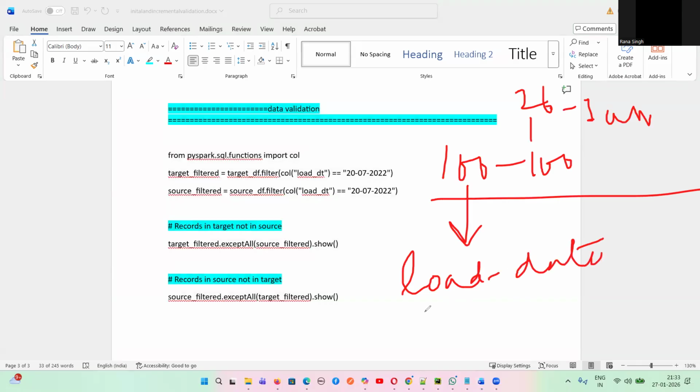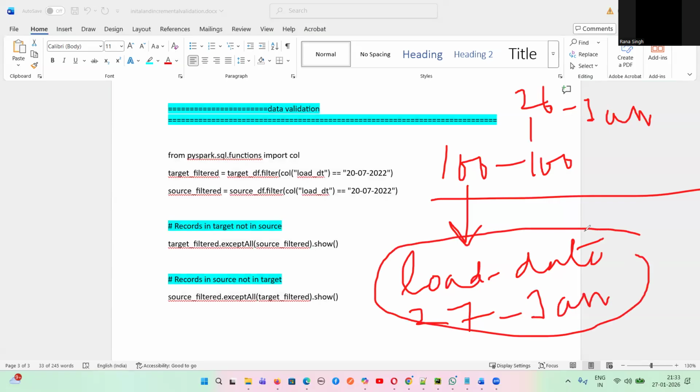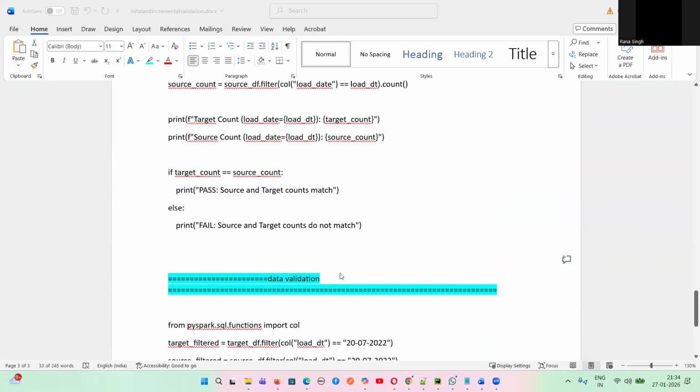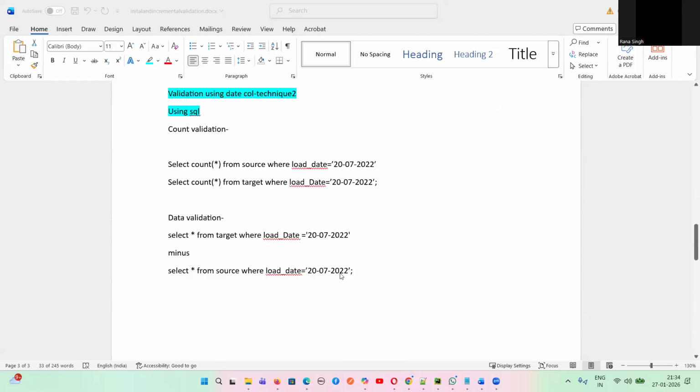The load date column is now, we are doing all these things when? On 27th of Jan. So based on this column, we will identify, let's suppose 10 records are added. So this is the load date column I have written. This is how we will identify that particular 10 records based on the date column. Okay, sir. So this is, guys, incremental load, and initial load has the same validations